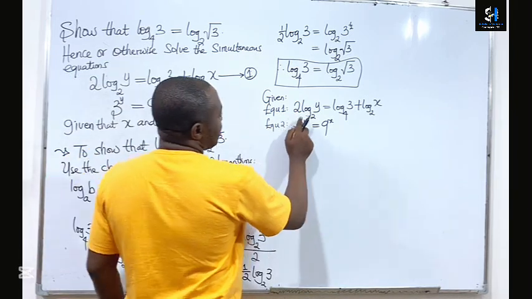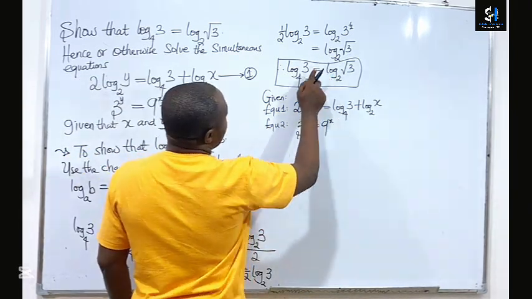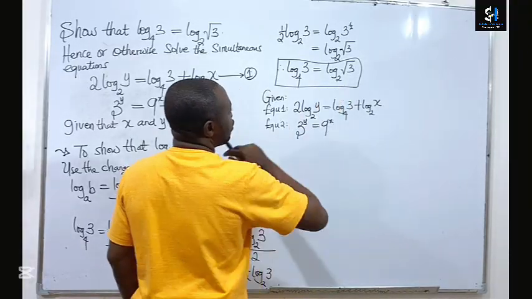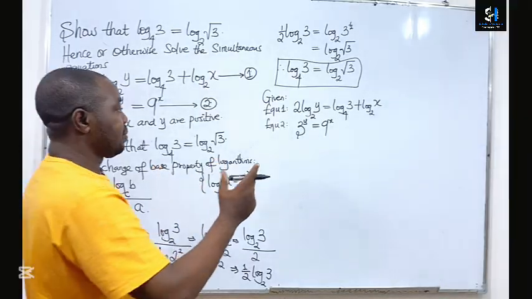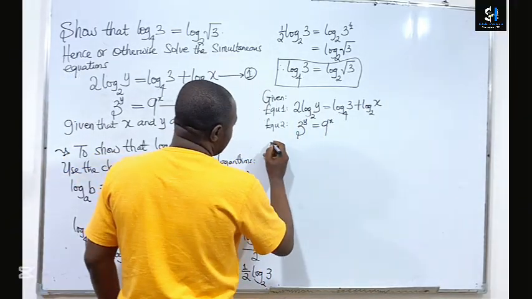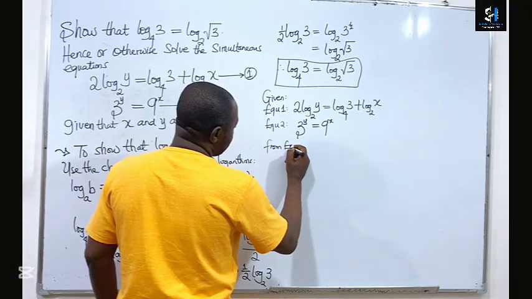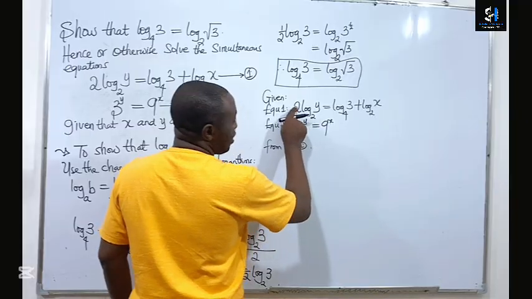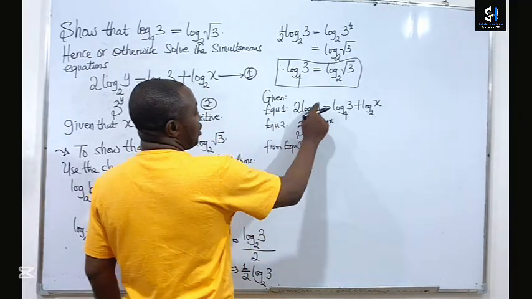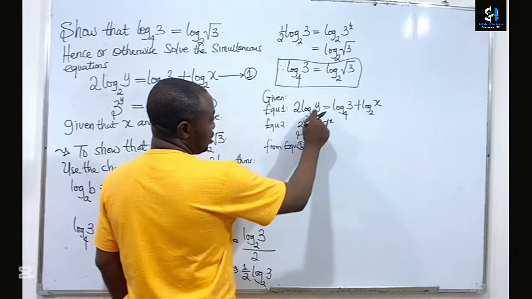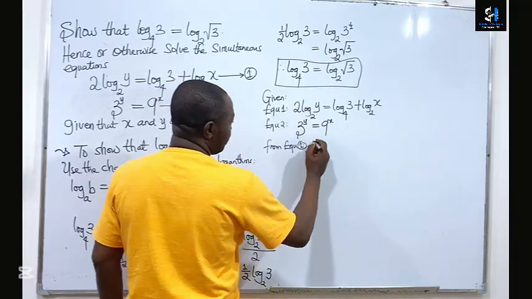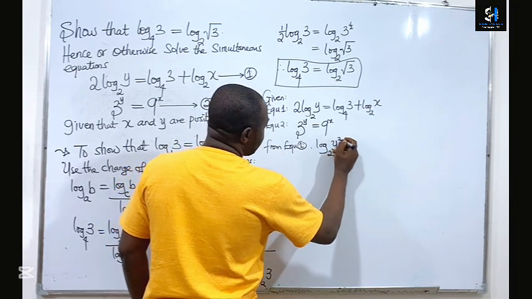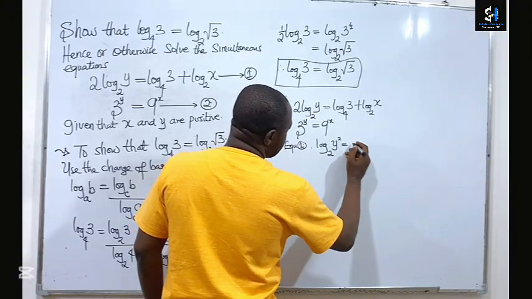Now, I can write log to base 4 of 3 to be log to base 2 of radical 3. That will be the first thing that I will do. So from equation 1, first I'm going to make this multiplier become the power of the argument, which is y, and that will be y raised to the power of 2 in the first equation. So we have that this will be log to base 2 of y squared equals, so this is the same thing as